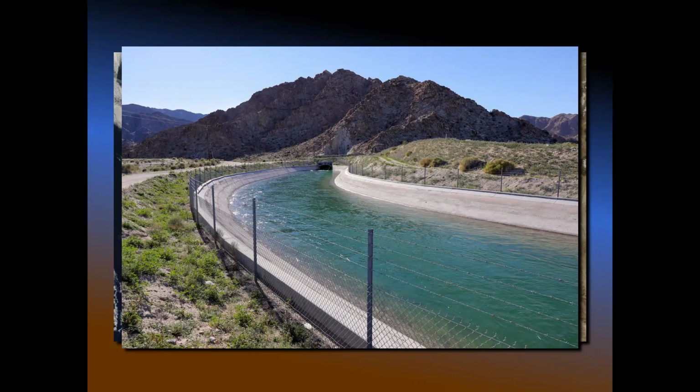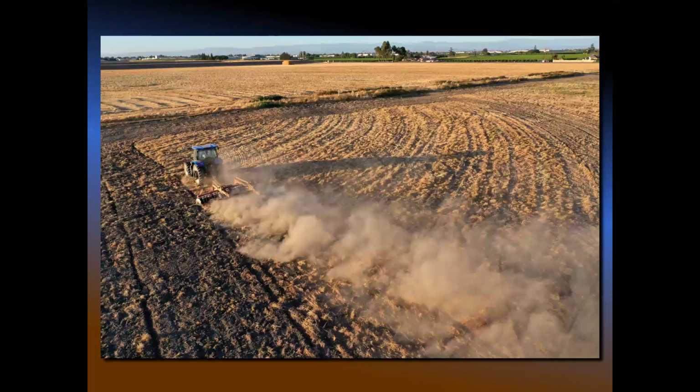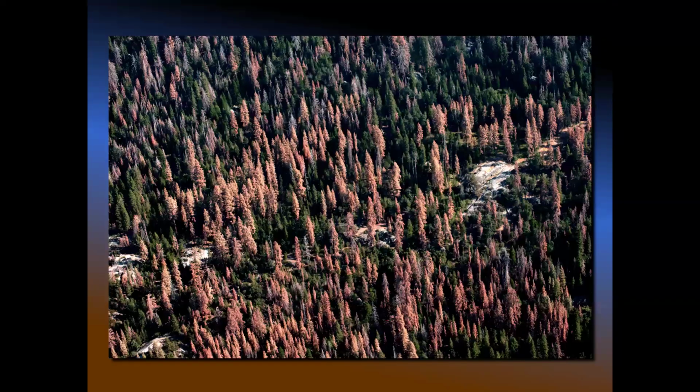We need that water in order to survive, to support the large numbers of people that we have here in the various big cities in Southern California. We also need it for agriculture in places like the Central Valley. So if temperatures are reducing that snowfall, temperatures then are going to reduce the amount of fresh water available, which is going to have massive impacts on our agriculture, on our way of life, on simply the availability of drinking water. It's also going to have an impact on plants, and this has been documented.